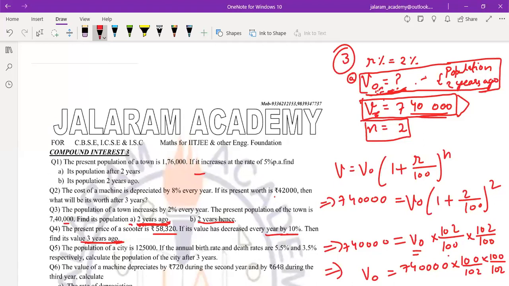Okay, so solve these questions and continue to ask your doubts. Doubts will be generated only if you solve the questions incorrectly. They are not generated if you solve the questions correctly. Solving the question is much more important than solving them correctly. So continue to solve the questions, whether wrong or correct.